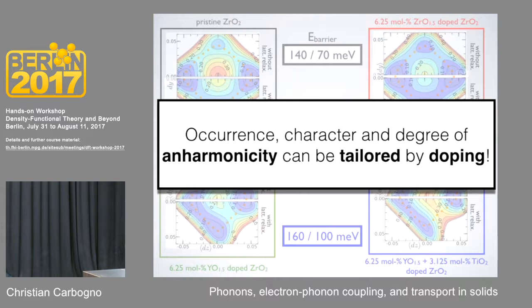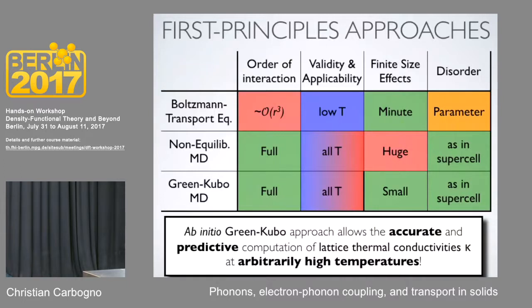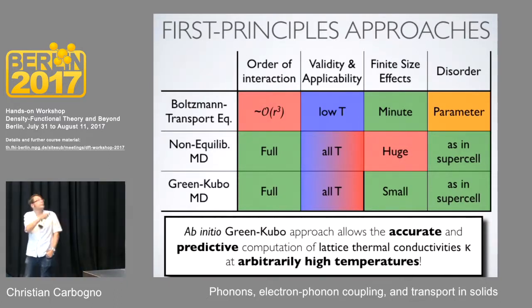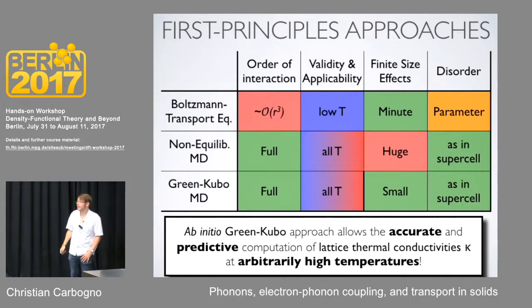And with that, let me go to my summary, which is essentially that different approaches have different pros and cons. Something like Boltzmann transport is very accurate and rapid for almost harmonic materials. If you're treating nanoscale issues, then you can go with a full MD approach to get results at all kinds of temperatures. But if you need bulk materials and high anharmonicity, there's no way around using equilibrium molecular dynamics.